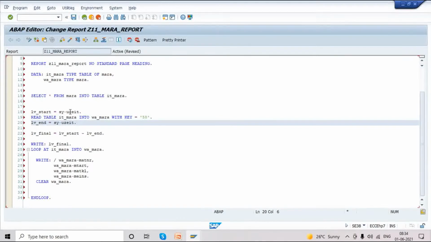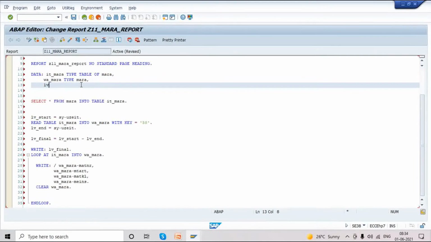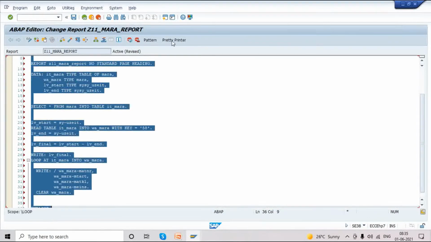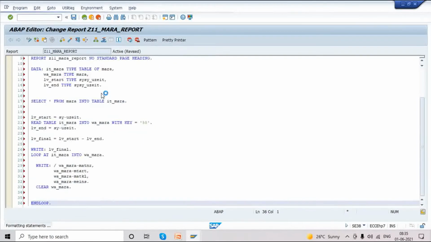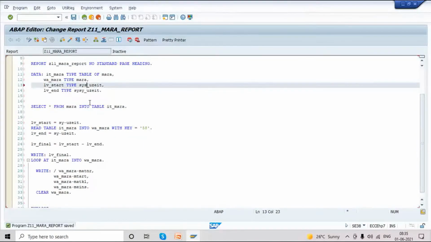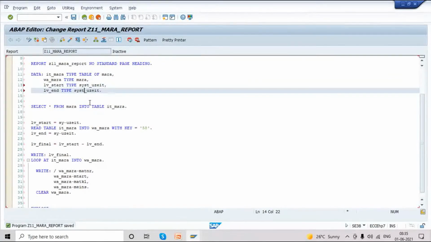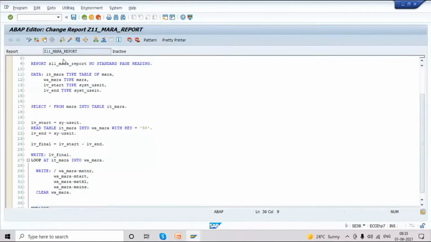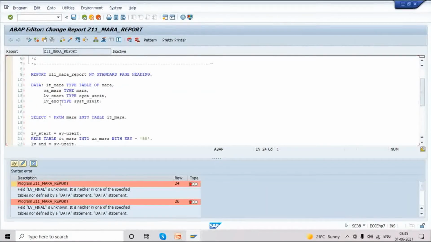Start and end are both system times, so we have to create LV start of type data element SYST, use the same for end. SYST, right, sir? SY you written. Yes, SYST. Okay, LV final also we have to create.